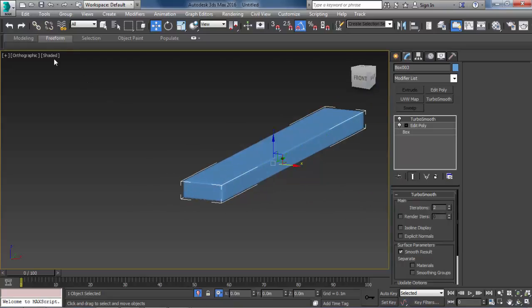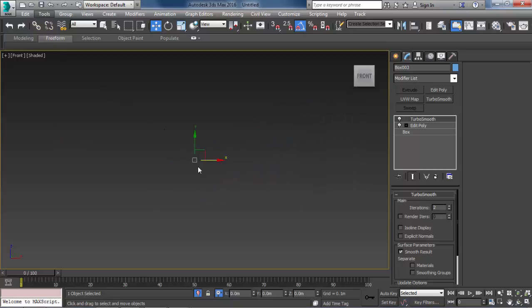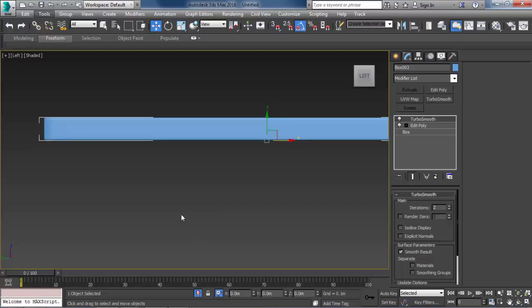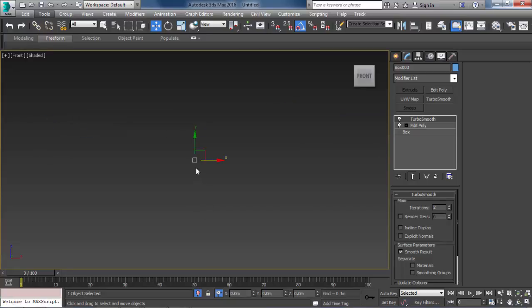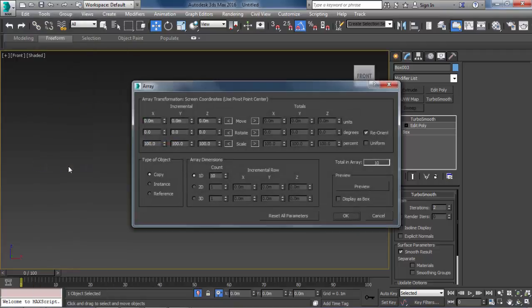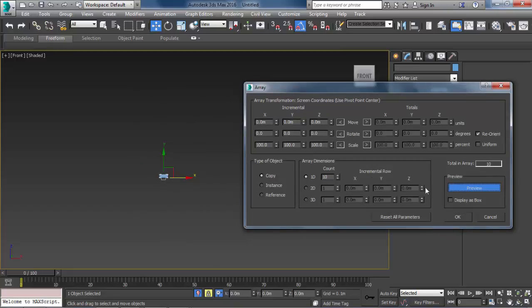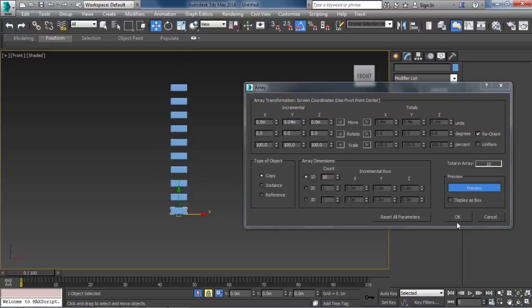Okay, so let's create an array. And first, let's just move it up a little bit. 0.042. In the front view, let's create an array of 10. Hit preview. In the Y, incremental, choose 0.04. Great, that's good.